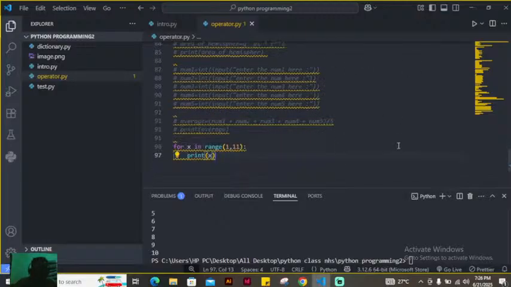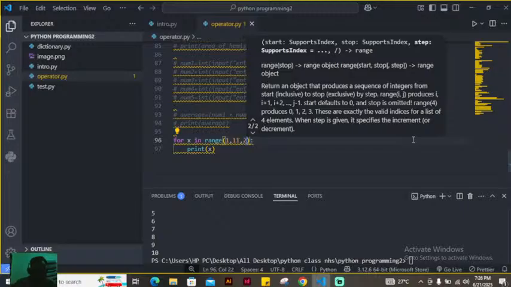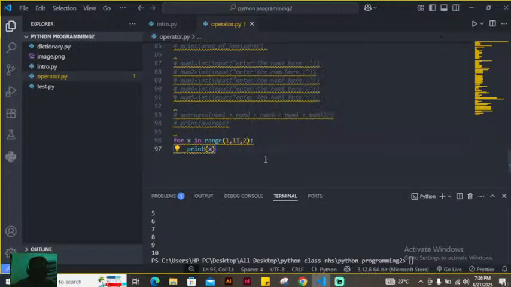So if I should trigger this, and I said write a Python program to print out even numbers between 1 and 10. If you want to get even numbers between 1 and 10, it's very easy for you to do. You put a step. A step of what? 2, because even numbers are what? 2 steps. So if you run this program, you'll be getting